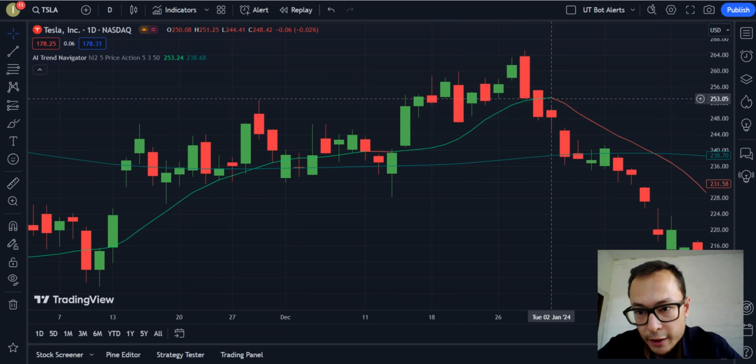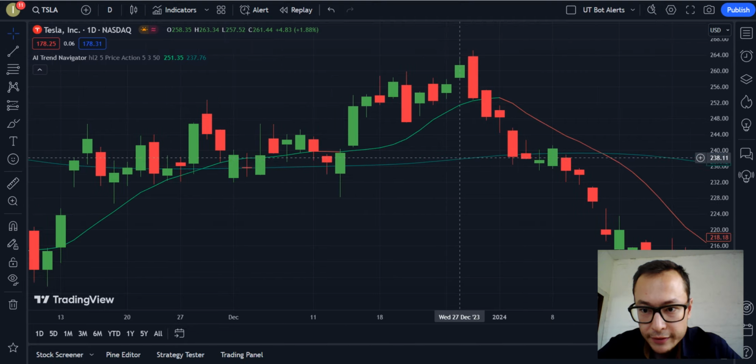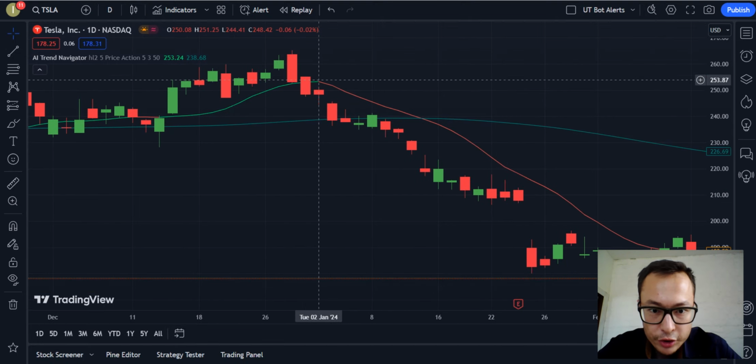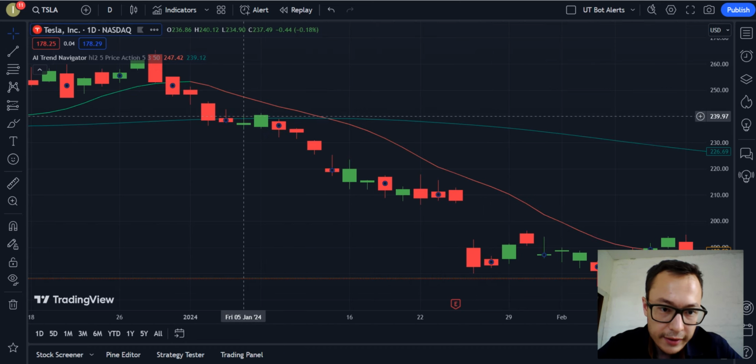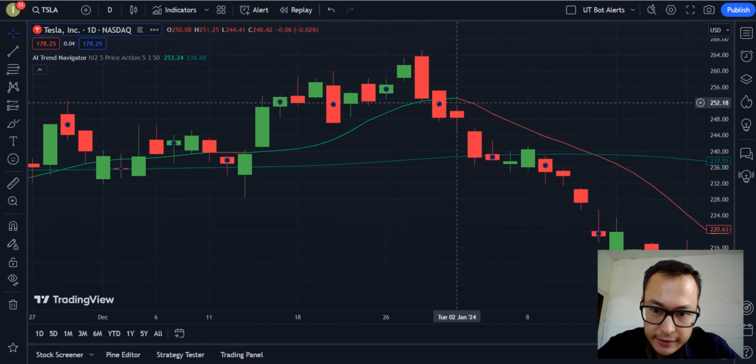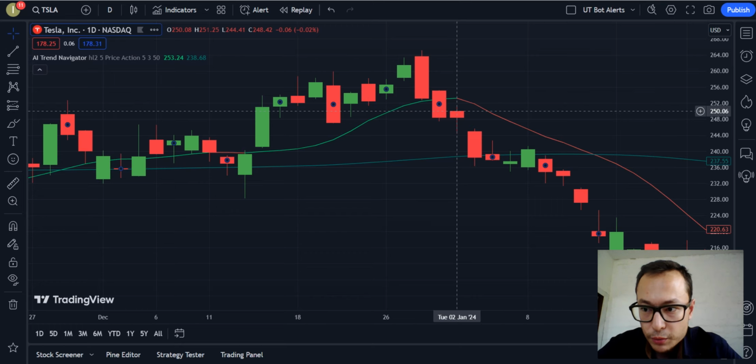The Tesla stock price increased to $253.05. And then afterwards, the AI Trend Navigator has shown a red line. And so we would need to sell our Tesla stock at that time and date. On January 2nd, 2024, during the opening of the Nasdaq Stock Exchange, we would sell our Tesla stock,